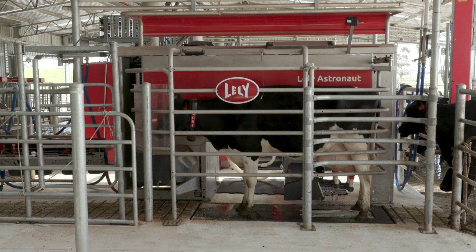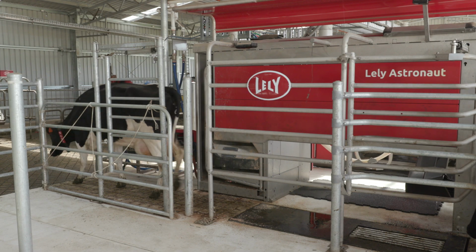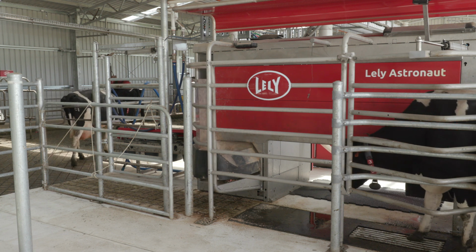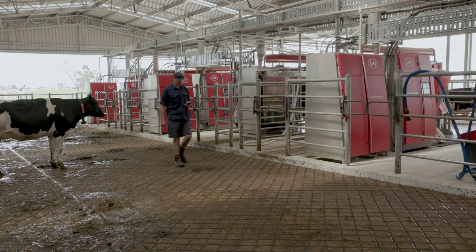We've been able to pretty much cut away all our preg testing that the vets used to come and do, and we pretty much solely use the data with the activity to work out if cows are in calf or not. I don't think we've quite used as much as what's there in the mobile version of our system yet,